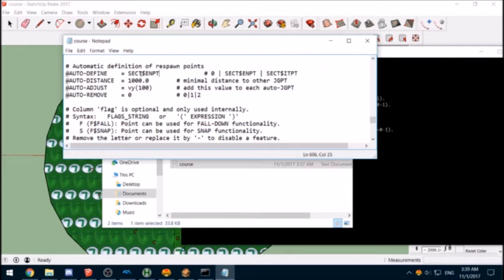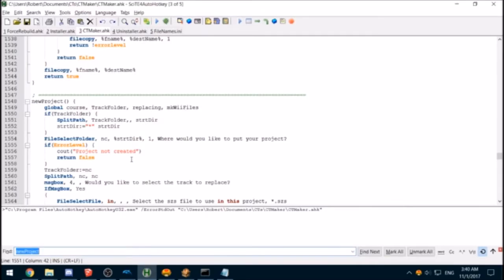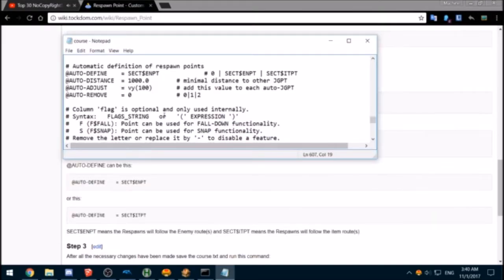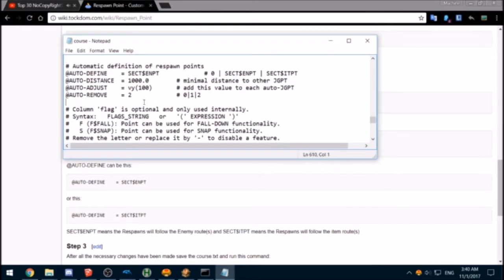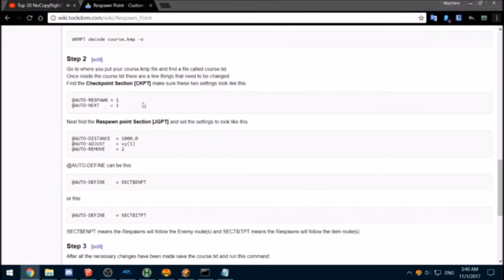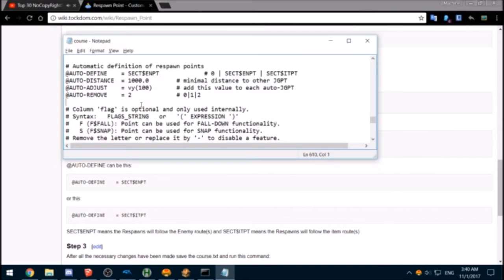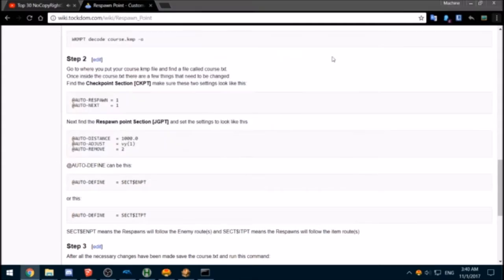We're going to auto-define based on the EMPT section. So auto-remove needs to be 2. Yeah, there we go. So we save that.